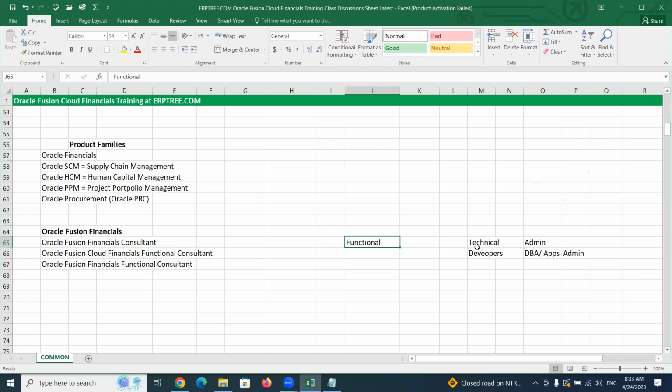If project duration is 6 months, we need functional resource for 6 months. If project duration is 1 year, we need functional consultants in the project for 1 year. But if project duration is 1 year, we hardly need 3 or 4 months of technical consultants, but the dependence is very, very less. Not only in Oracle, these days, all the product vendors, product-based companies like Oracle, there